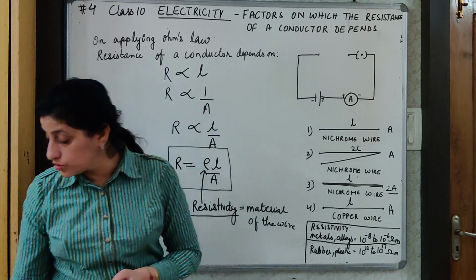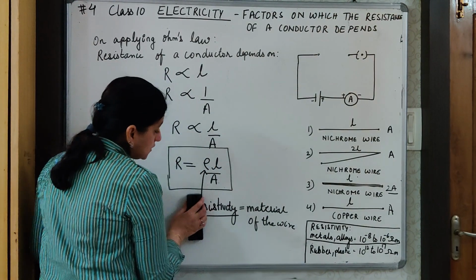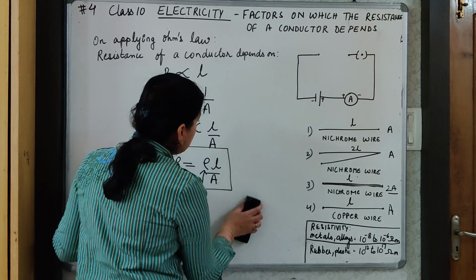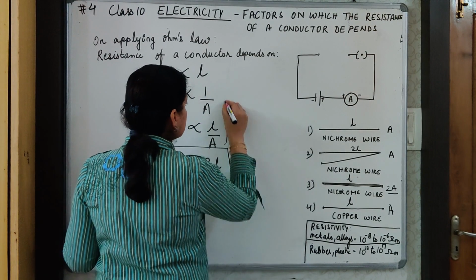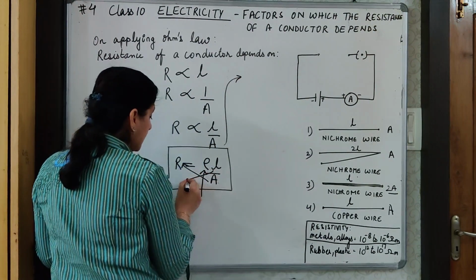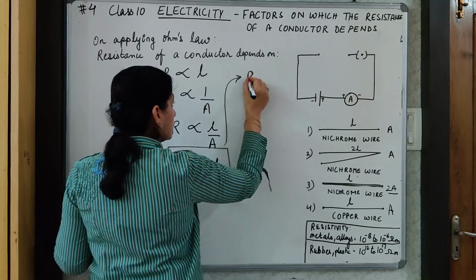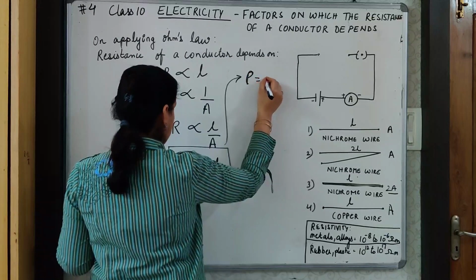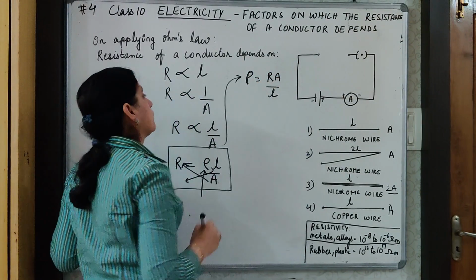Now we have to also discuss how we have got the unit of resistivity as ohm meter. So we'll quickly come to that. For that we need this formula, R is equal to rho L upon A, and this formula we will bring in terms of resistivity. So I take A here and I bring L down, I get rho is equal to RA upon L.